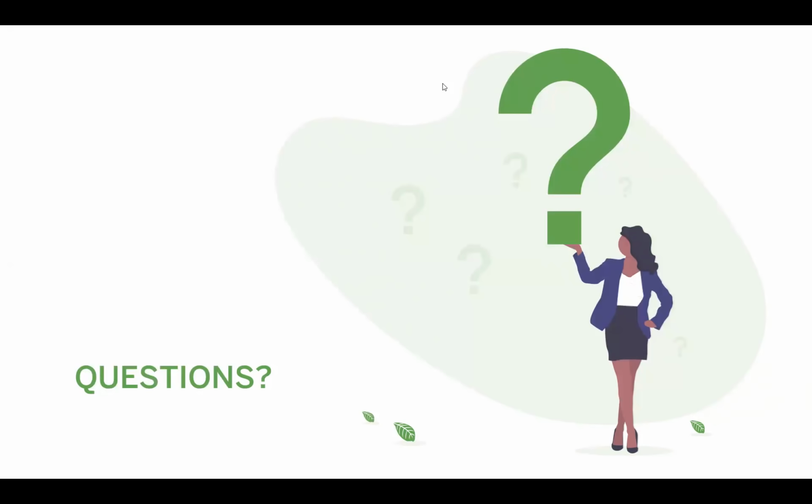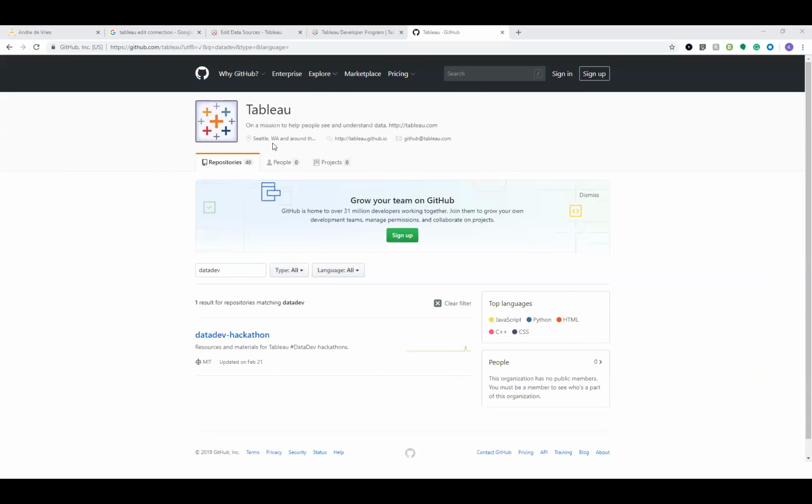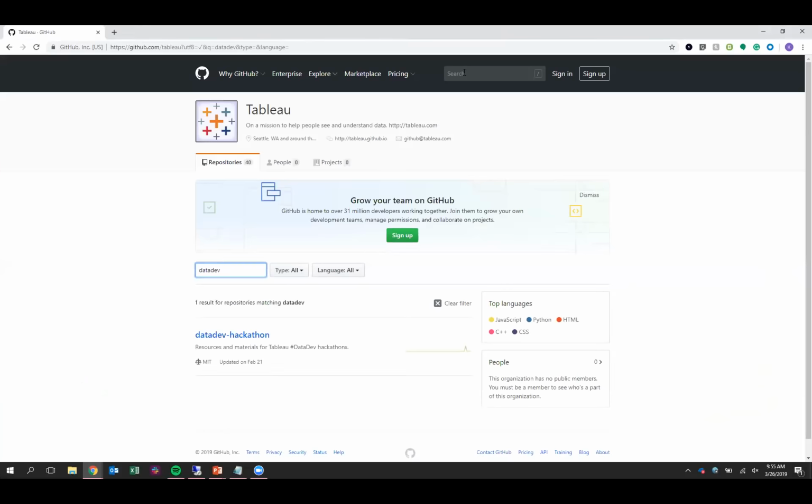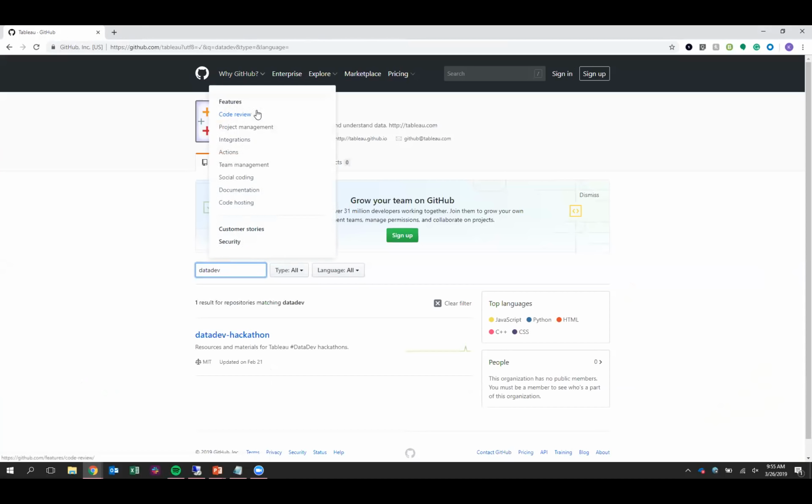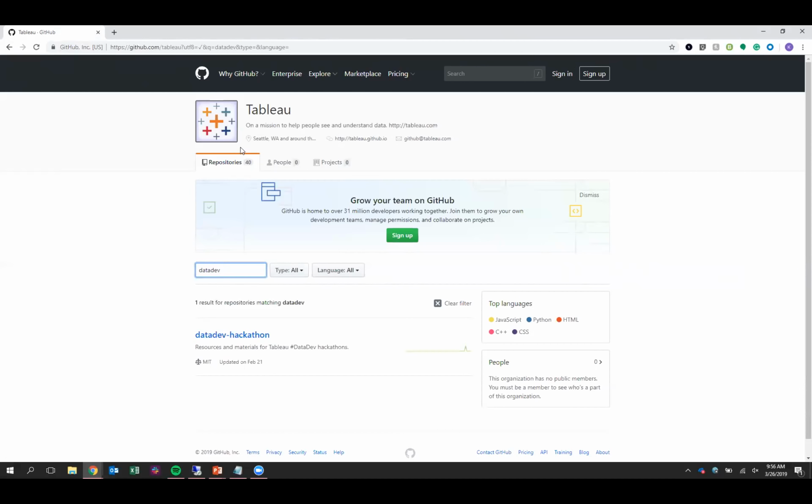Let me just find, actually, let me pause. I think I paused my screen. There we go. Okay. You guys are seeing GitHub, right? Great. Okay. Yes. So if you go to the Tableau GitHub page, just Google search Tableau GitHub, and you can